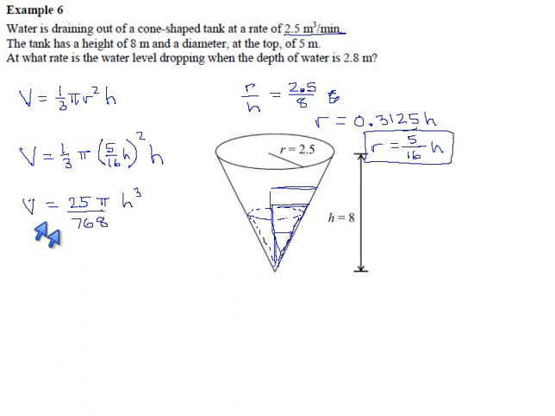So that's the volume in terms of the height, and now we have something we can differentiate. The derivative of V is just dV, that's no problem. And on the right side, the power rule tells us we do 3